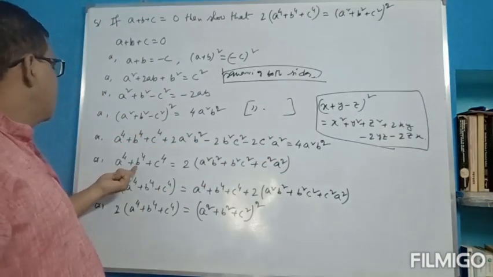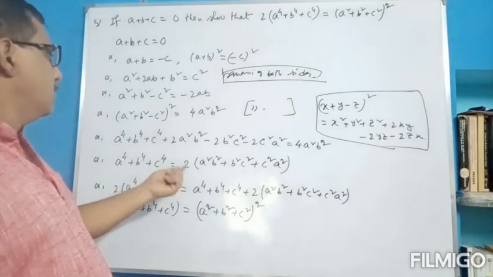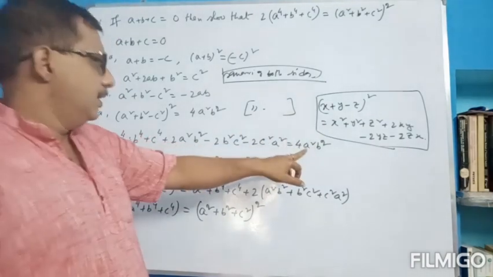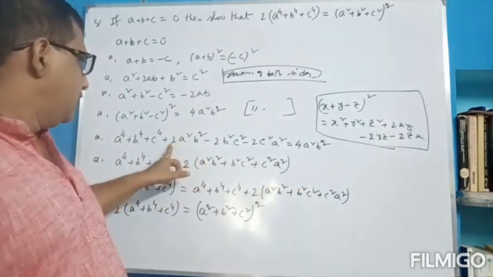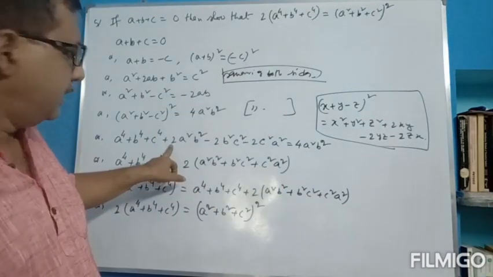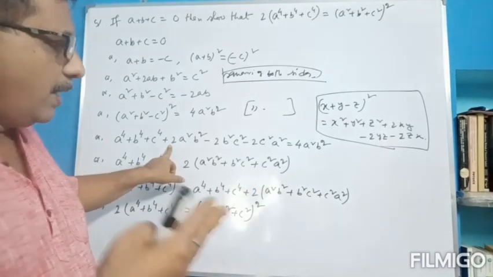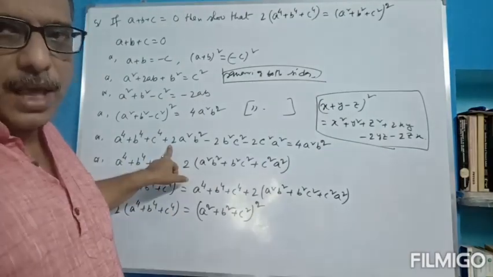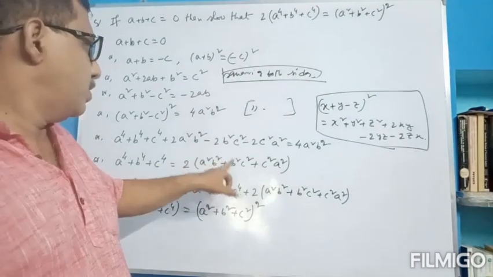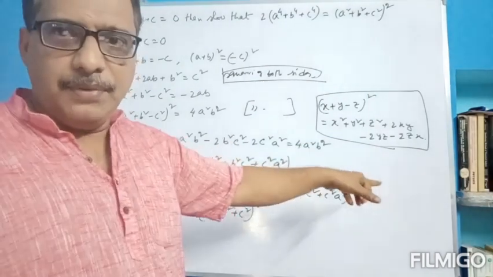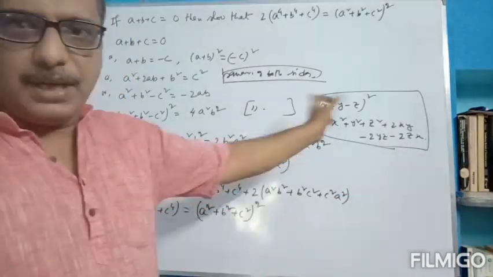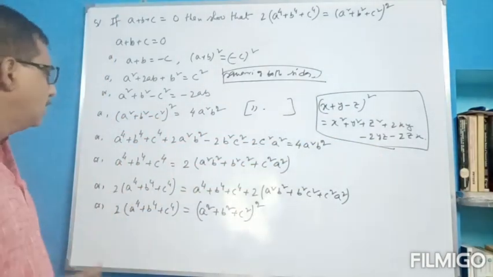Now a to the power 4 plus b to the power 4 plus c to the power 4 is equal to, if we take all these terms to the right hand side, this is 4a square b square and this is plus 2a square b square. If we take it to the right hand side, then we get this negative sign. So plus 4 minus 2, that is plus 2, and the other terms are minus 2 becoming positive when taken to the right hand side, so 2a square b square, 2b square c square, and plus 2c square a square. On the right hand side, 2 is common.